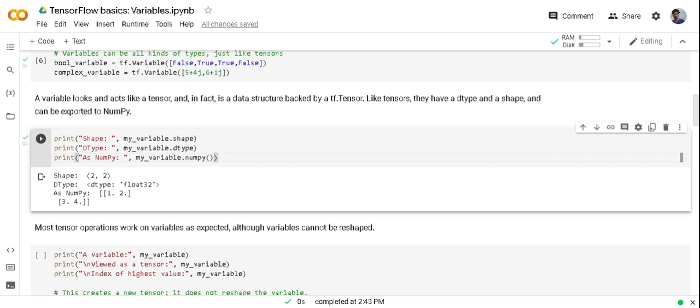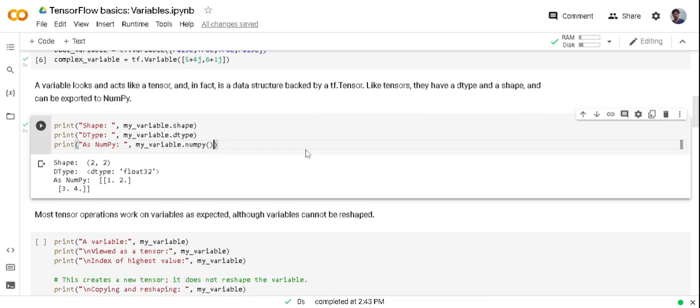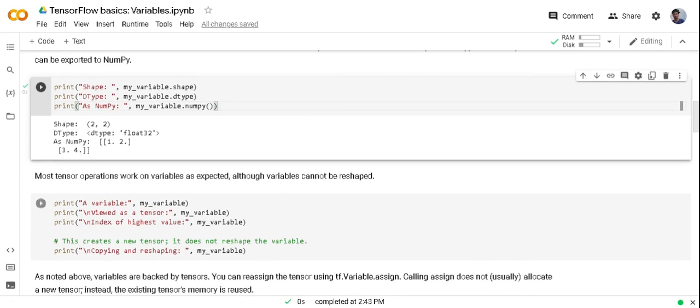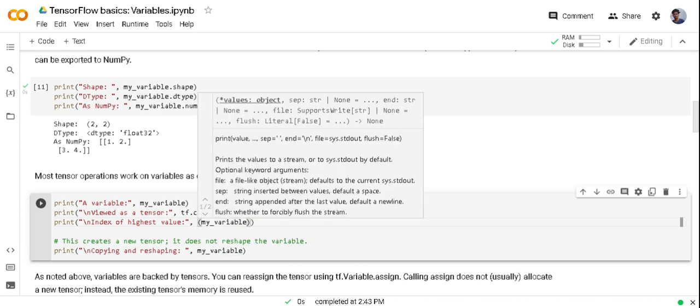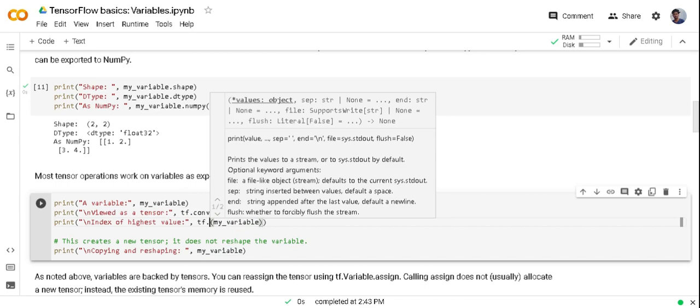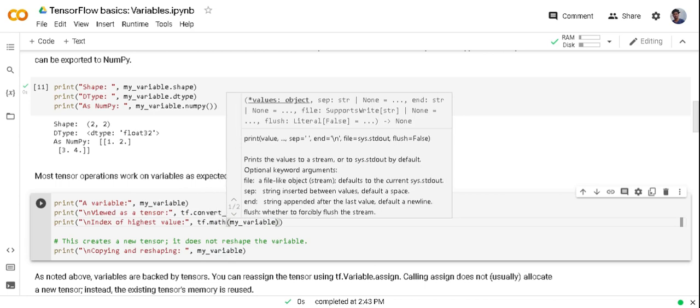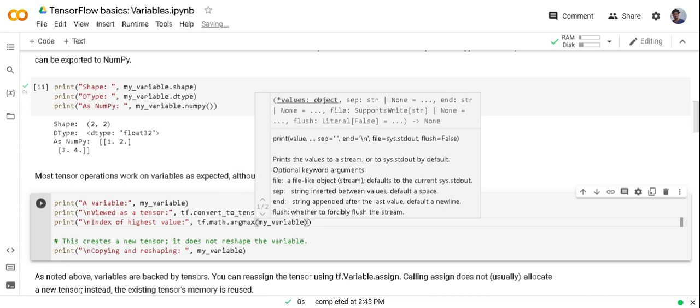But new thing is we can change variables later. If you want to see variable as a tensor, you can use tf.convert_to_tensor function. If you want to extract index of maximum value from my variable, you can pass tf.math.argmax.